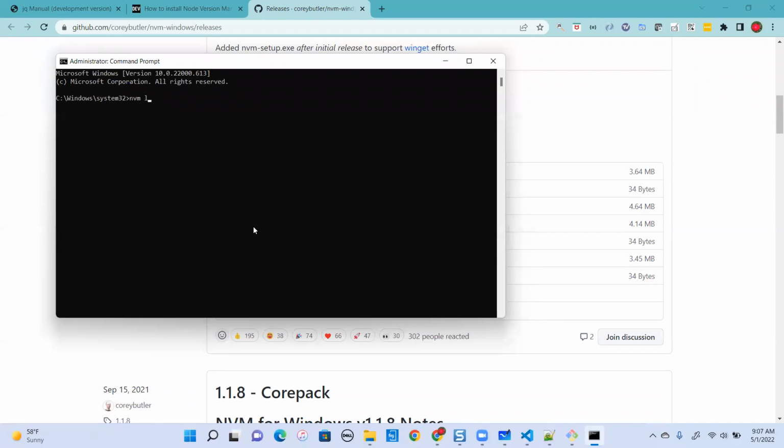nvm list, nvm use 18.0.0. And then if I say node --version, it should give me that it's using this. And then if I do npm --version, node package manager, it should give me the version for the package manager. As soon as I have node installed on my machine,